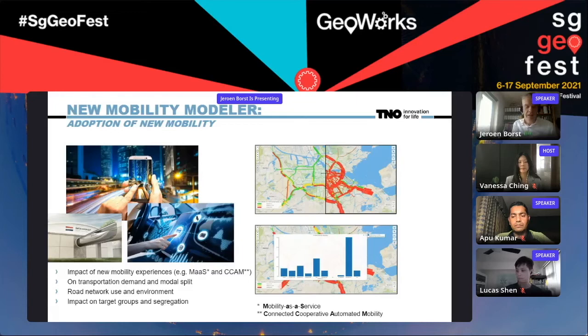Automation in the far future, maybe investments like Hyperloop or other ways for transportation. But what we saw in this even simple example of a rail tunnel, we have to be aware how the positive or negative effects of these new types of transportation are distributed in space, in time, but also amongst different target groups. And well, using geospatial data, we can provide that insight